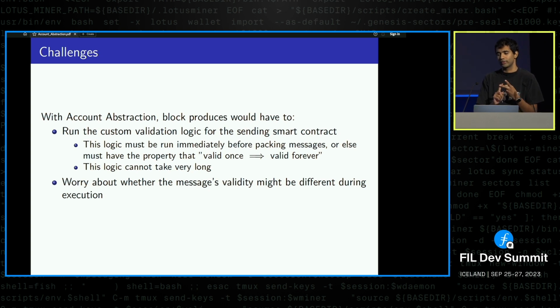Maybe your block is rejected as invalid. Maybe you just get some minor penalty. Depending on the system, you get penalized in some way. And this gets worse in Filecoin because you also have to worry about tip sets. You don't know what the actual execution environment is going to be when the message is actually executed. There's going to be some number of blocks in a tip set. You don't know where in that range of blocks you are going to be.